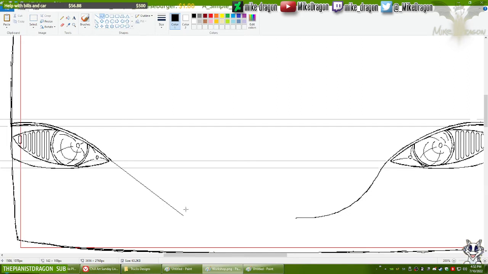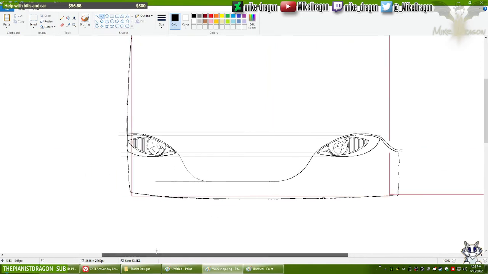Same thing over here. Oh, by the way, the height here must match what is on this side. Is that right?